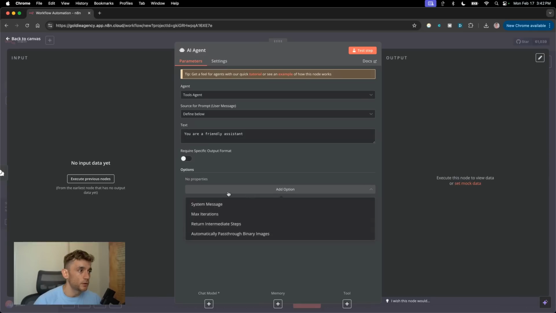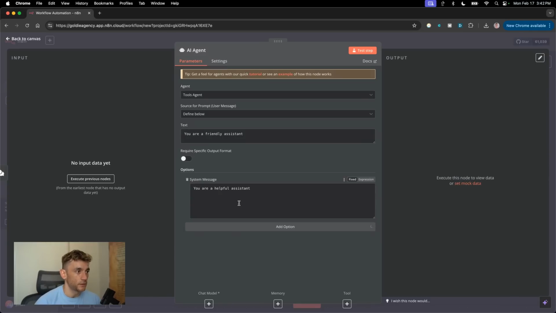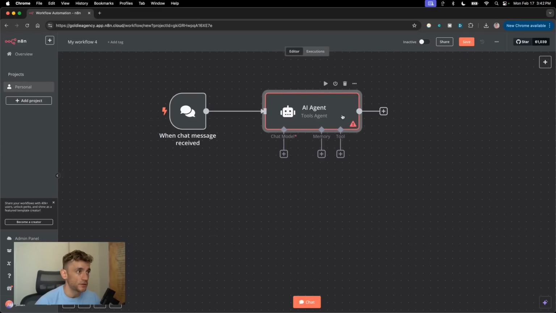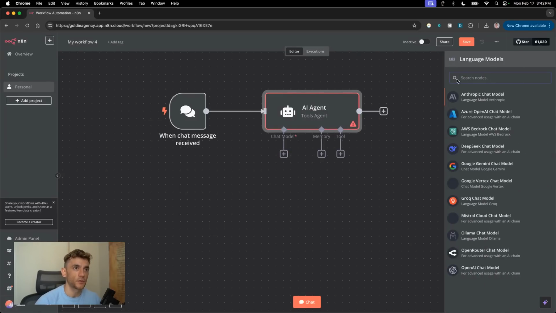Right? And then what you can also do is you can have a system message. So a system message is like giving instructions on who that agent is. And this way it knows exactly what its role is, how it's using its AI, what is basically its main priority. All right. So once you set up your AI agent, then you can go inside the chat model here,